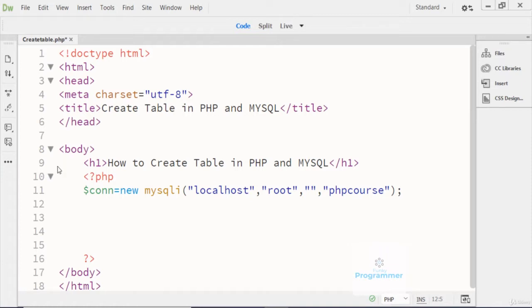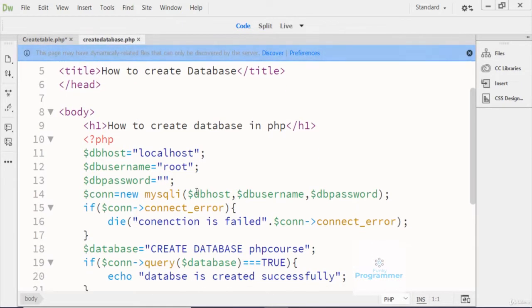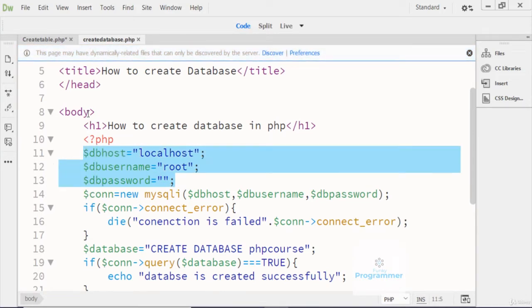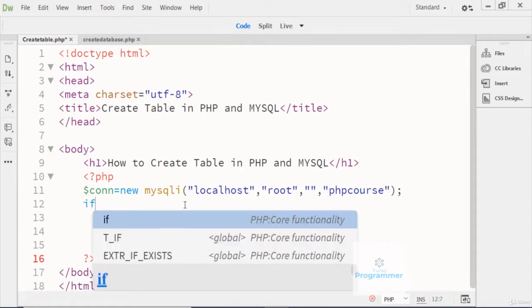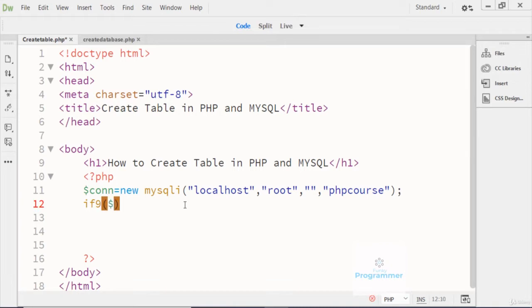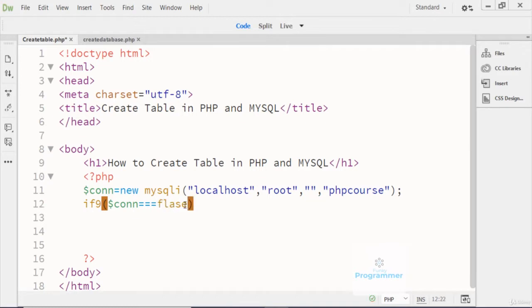You can also create it like our old example, where you create all these variables and then create the connection like that. But this is a very simple way to write your connection. Here I am writing an if statement on $connection, which is equal to false or true. True will generate one result and false will generate its own result. So I write die, and die will generate an error, and the error here is